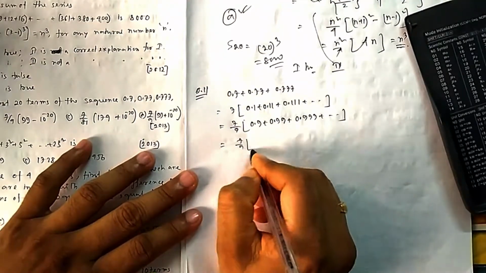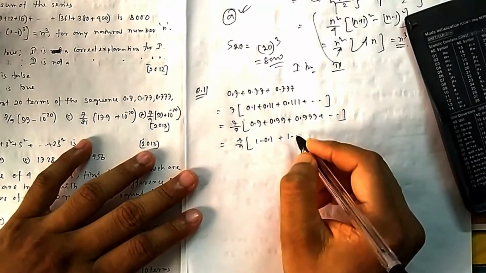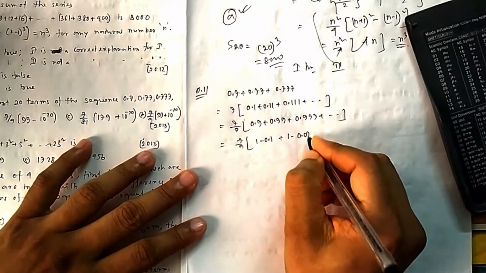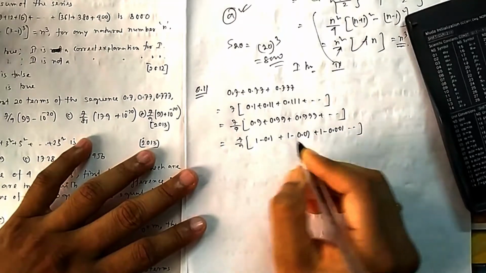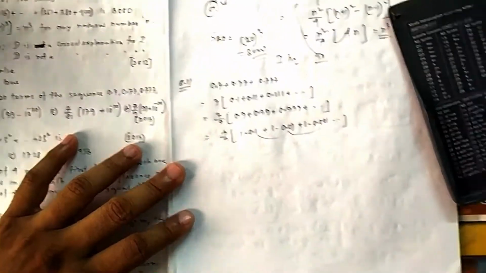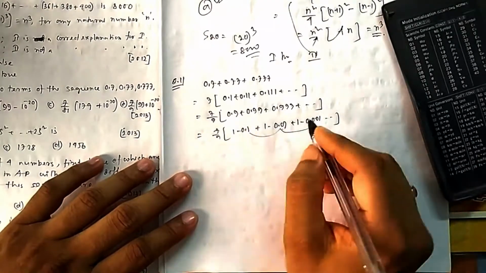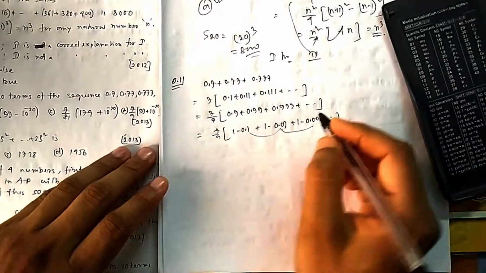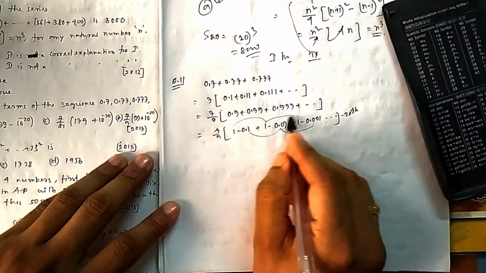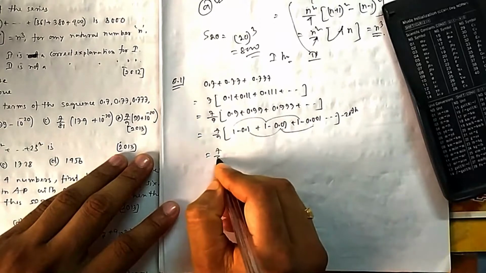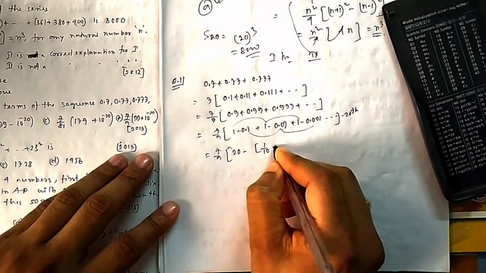So why does it become a series of 10? Because it is 1 minus 0.1, and the second one will be 1 minus 0.01, you can see, plus 1 minus 0.001. So these three are actually becoming a decreasing GP series. It is 1 by 10, 1 by 10 square, 1 by 10 cube, and so on, and it is up to how many terms? 20 terms they have written. So up to 20 terms. So how many ones are you multiplying? 20, you will multiply.